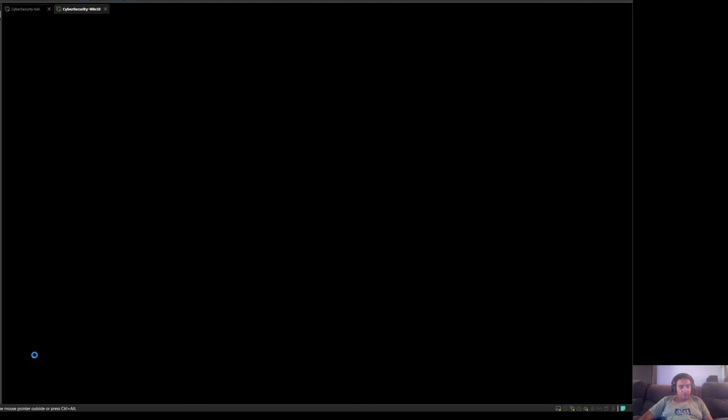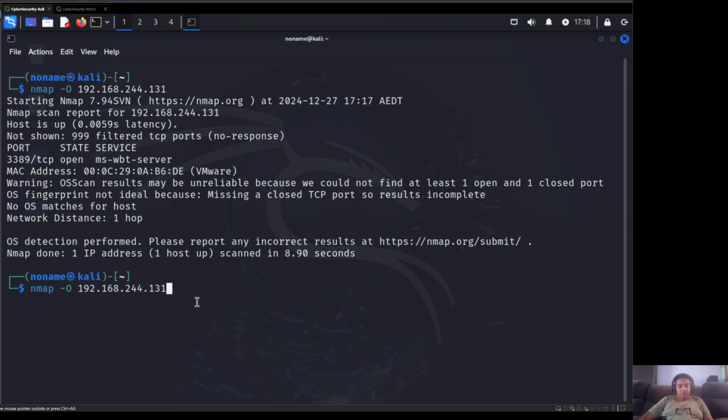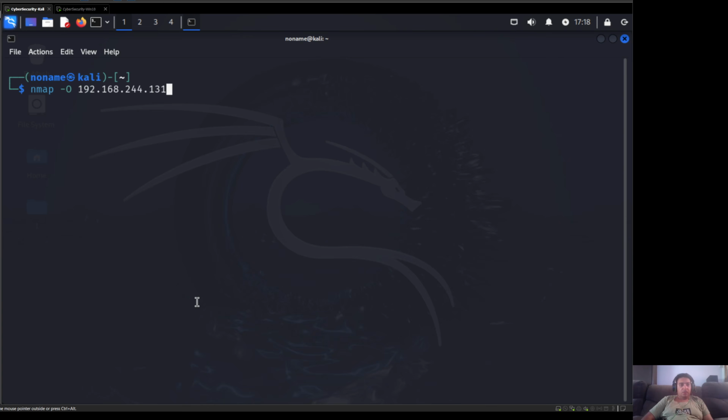What if I disable the firewall on this one? I'm just going to show you if the firewall is off, if there isn't any protection on the machine itself. So I'm now disabling all the protection on the machine. There is no firewall, and I believe I did not install any antivirus on this one. Yeah, there is no antivirus. So if there is nothing protecting the machine itself, and then I do the same scan, let me clear first, we can see it again. So if I do the same scan again,